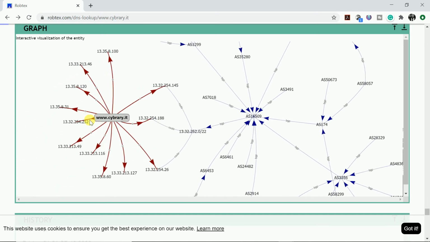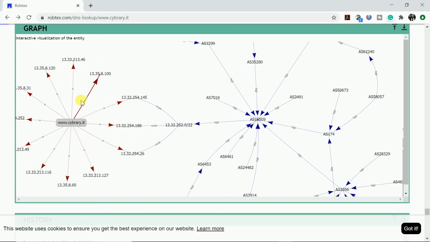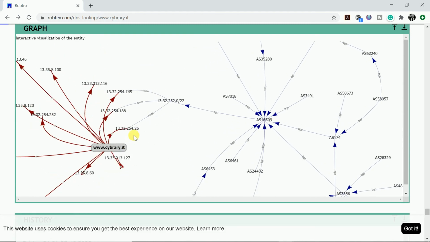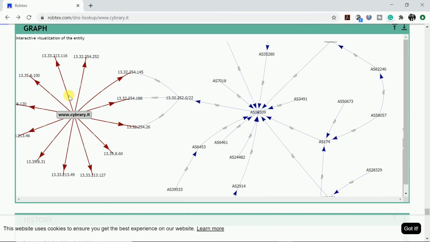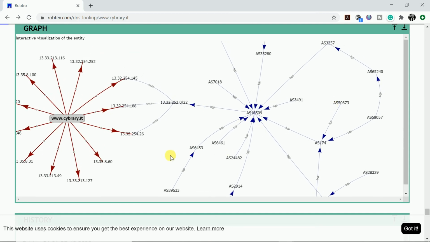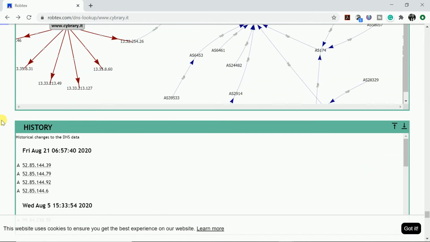It's similar to Maltego. I don't know if you have any idea about Maltego. I should definitely make a video on Maltego. You will get a clear picture of web pen testing. There also you can take any domain and get all the information like this in a graphical view. So that's the same thing here.